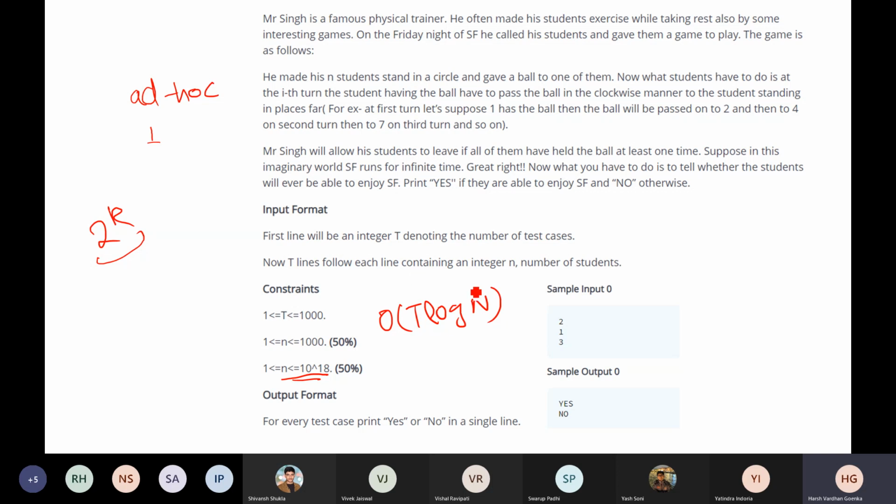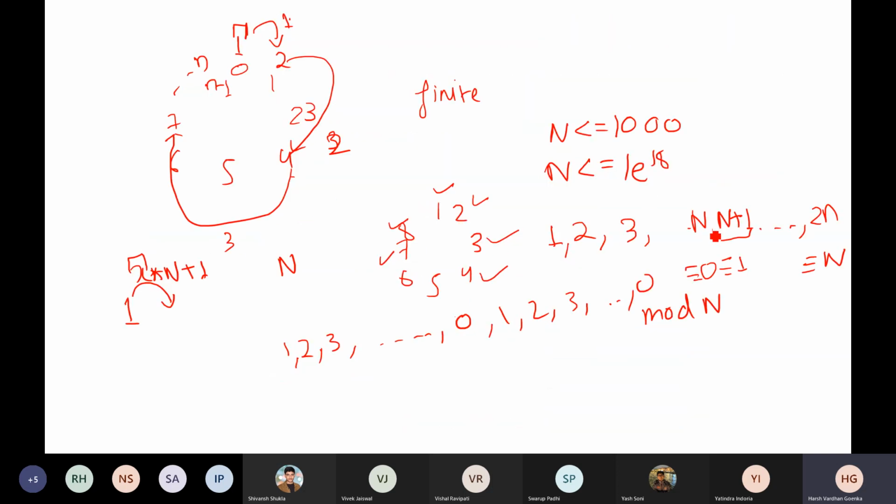For this question, what I personally did while solving it was to observe it for n equal to 1, 2, 3, 4, 5, 6, 7 up to 10 or 15, 20. You can brute force it. You can write the O(n^2) solution and check for n up to 1000, for which numbers it gives a yes.